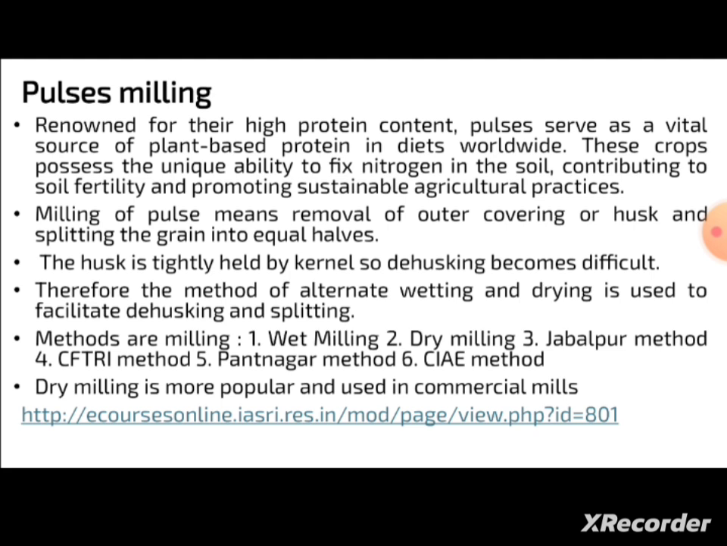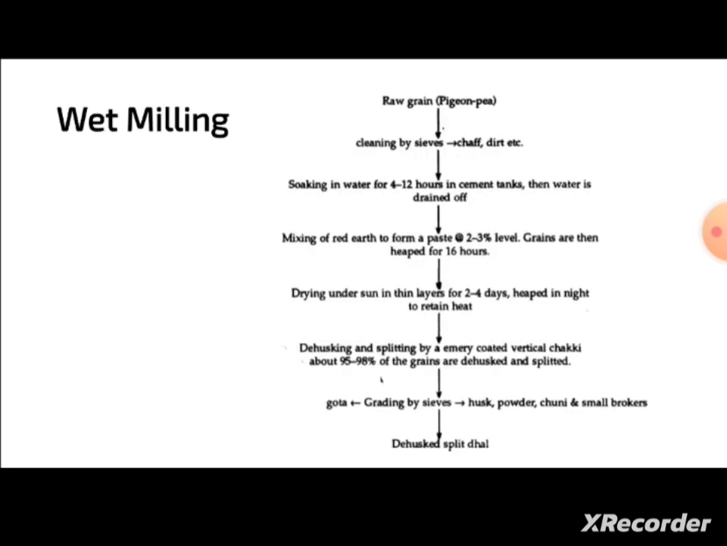So the dry milling process is more popular and used in many commercial mills. In the wet milling process, this is the flow chart or flow process for wet milling operations. The raw grain will be cleaned using sieves or chaff, or any other dust removed from the product, and soaking